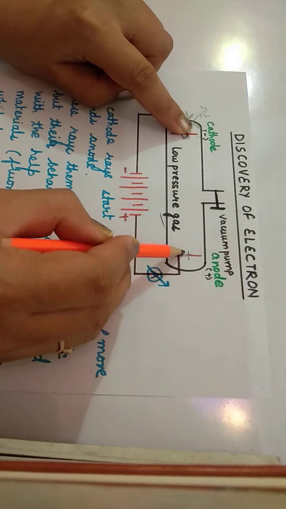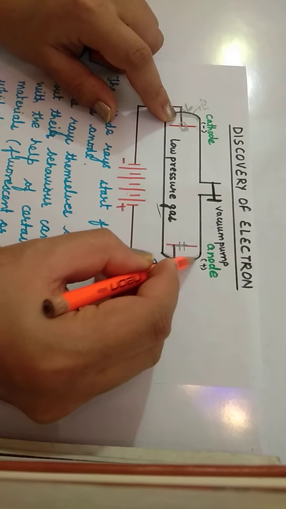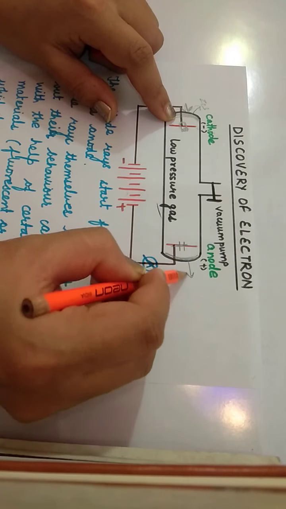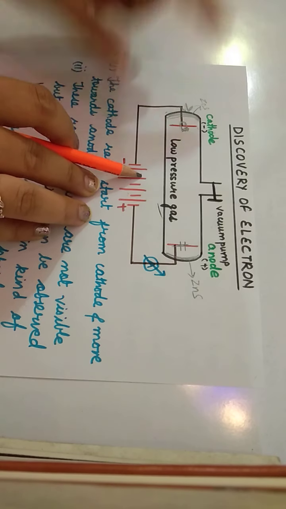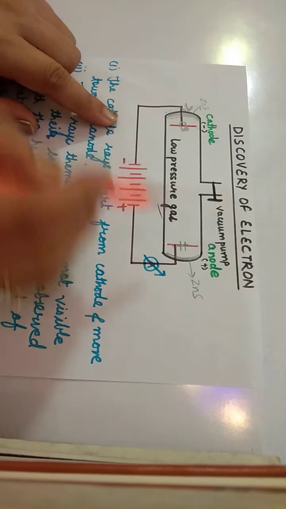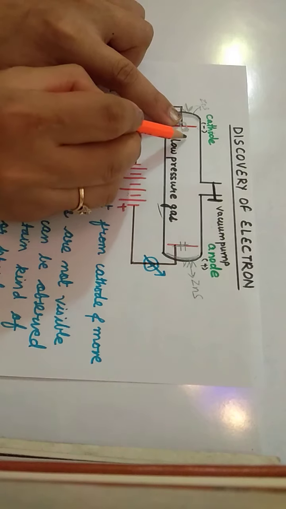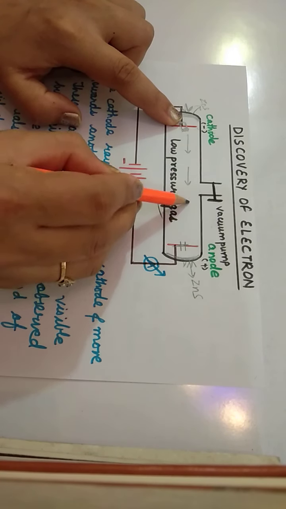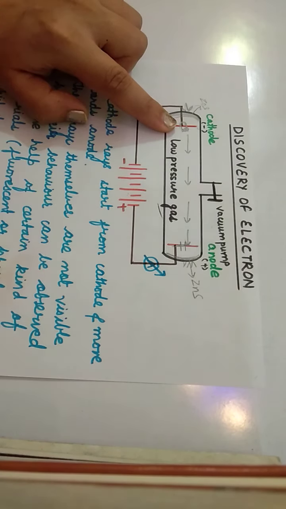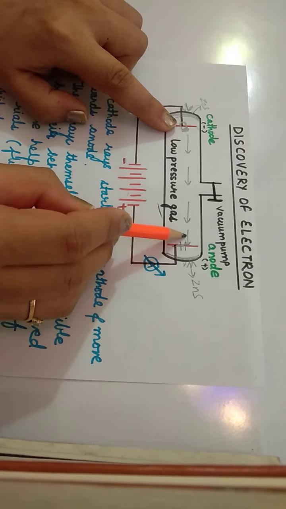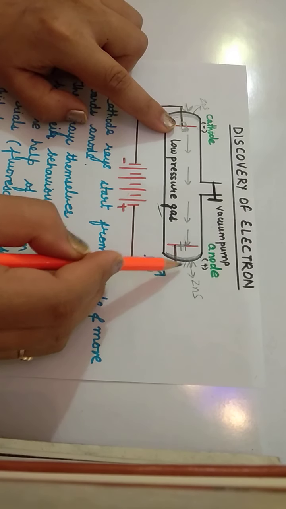Next time he created a hole over this anode and it was as it is at the cathode. Again he coated this side, children, with zinc sulfide screen. Now on passing 10,000 volt DC through this, what is observed, children? A glow is observed. It means electricity is flowing in this direction. When electricity is flowing in this direction, then only it passes through the hole, it strikes the zinc sulfide screen and a glow is observed.